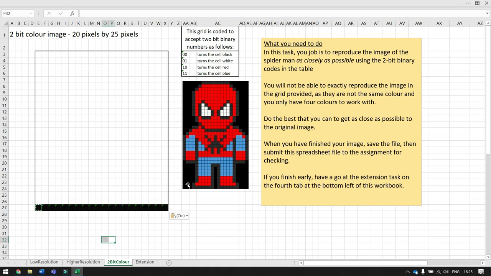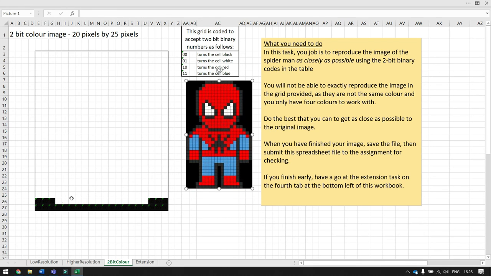But anyway, on the left here, I'm going to put 3 black cells, and I'm going to do the same on the right. And then I want a line of some reds. So it says up here red is 10. So if I type in 10, I'll get my reds. I'm just going to type a bunch of those in with a black cell in the middle. That's roughly the middle. And so on. So the idea is that you can gradually build up this Spider-Man image and create something that's